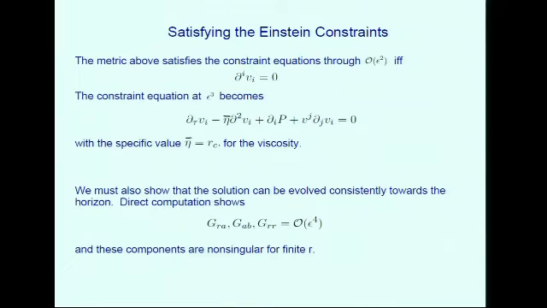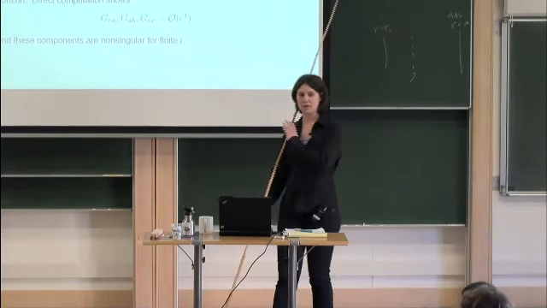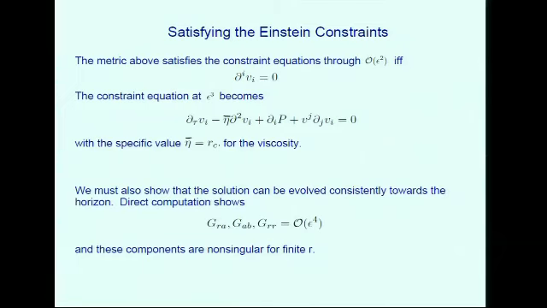When you first write this down, you actually don't have a specified value for eta bar. The specified value for eta bar comes when you try to integrate the solution towards the horizon and you insist that there's no singular terms. That's how we get the particular value that eta bar has to be, r_c. If you tried to start with a metric on your cutoff surface where you solve the Navier-Stokes equation but with some other value for the viscosity, what you'd find when you try to integrate in towards the horizon is that you get log terms that blow up before you get there. So this condition is regularity at the horizon, really.